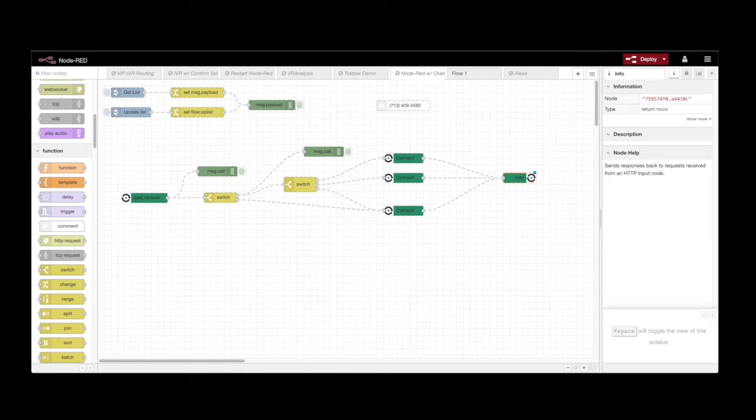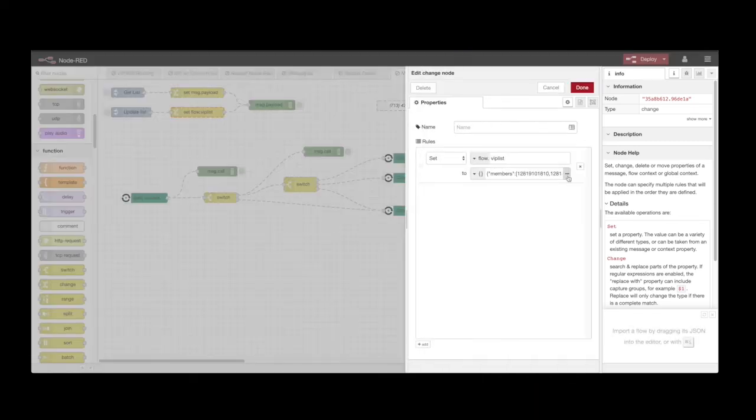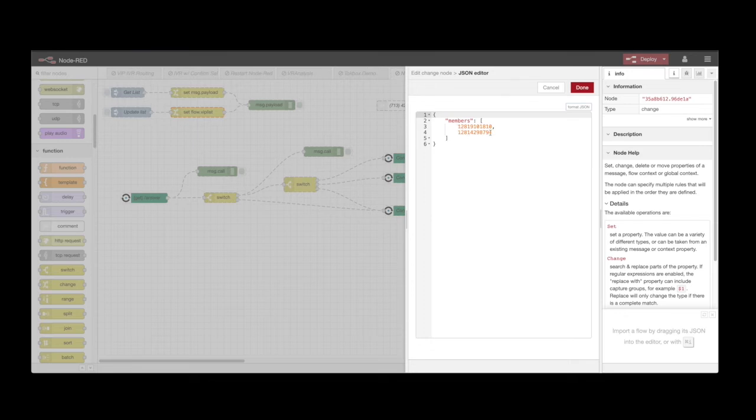Inside Node-RED, I have actually built a system that will go in and check a list of users to determine who they are. If they are certain users, I want them to route through to a specific Vonage AI system and present them with a natural language processed interactive system rather than a standard IVR. If they are not on this list, they will get a standard voice IVR system that they can talk to.